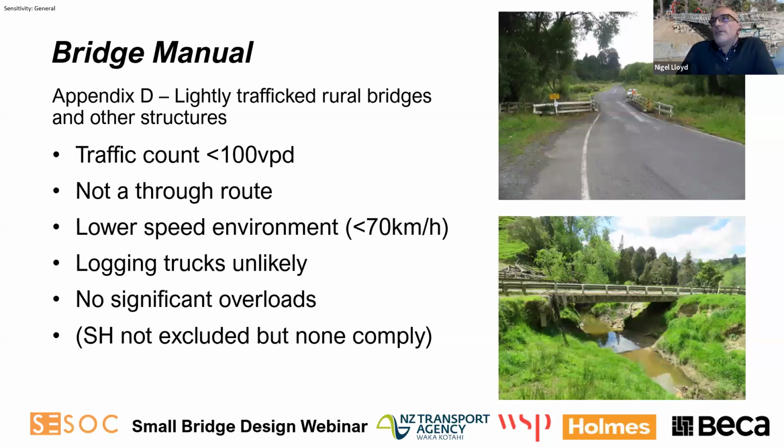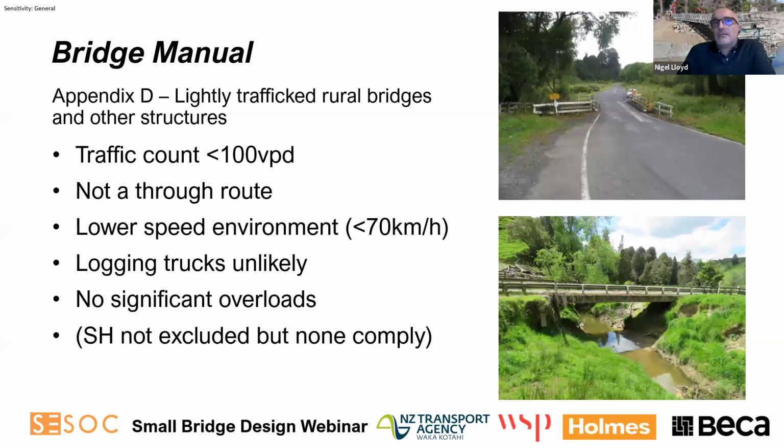One specific that Geoff has alluded to: in the bridge manual, there's a separate section tucked away in the back, a little appendix, for low-trafficked rural bridges and other structures. These are the criteria used to define which bridges can be designed to meet these requirements without any need for departure. You can go ahead straight away with these. They're fairly restrictive requirements, but you'll find they probably apply to quite a few local authority roads out in the rural backwater.